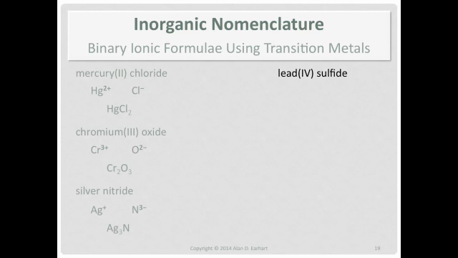You know the charge on the lead ion because of the Roman numeral. The least common multiple of 4 and 2 is 4. Therefore, there's the chemical formula for lead 4 sulfide. Zinc is one that you have to memorize. It is 2 plus. Oxide because it's 6A. 2 plus, 2 minus, the charge is balanced, ZnO.